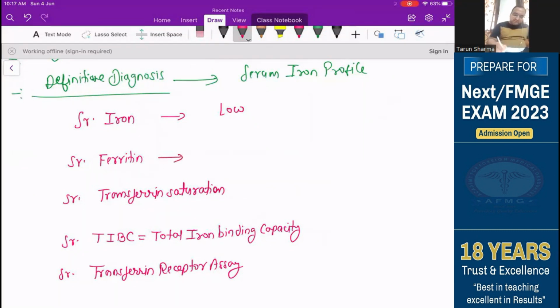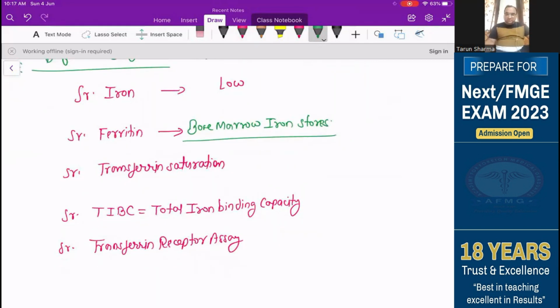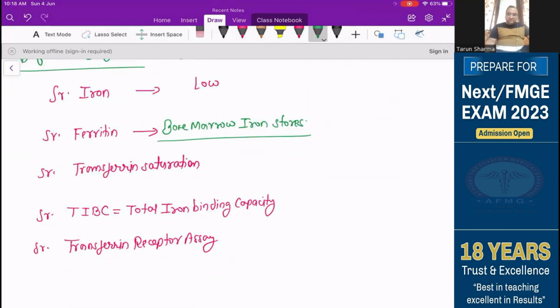Serum ferritin, what does it tell us? Serum ferritin tells us the bone marrow iron status. It tells us indirectly the bone marrow iron stores, so how much iron is there in our bone marrow will be ascertained by the serum ferritin values. So in iron deficiency anemia, as we know that in the blood there is no iron, bone marrow will also not have sufficient iron stores, so that's why serum ferritin levels are also reduced or low. And one more thing, this is